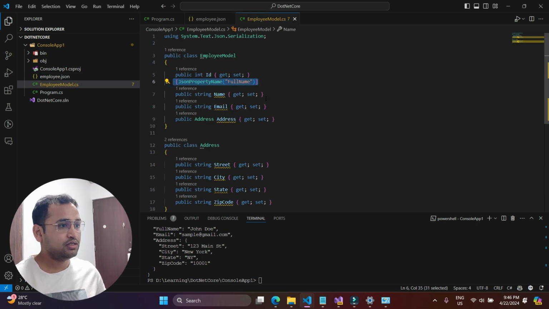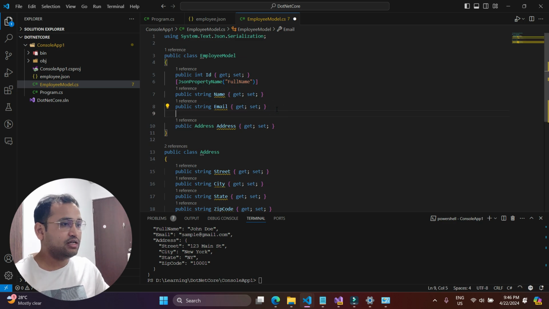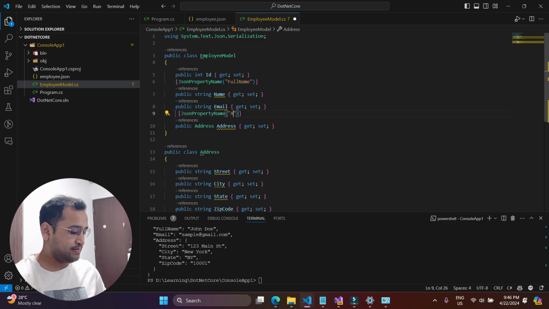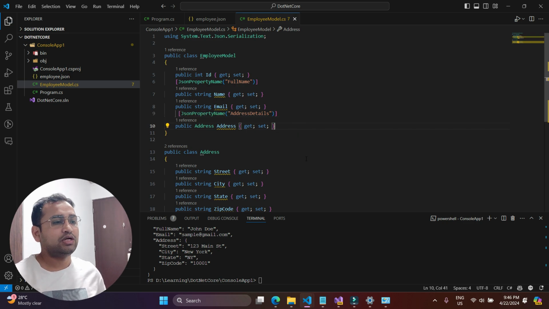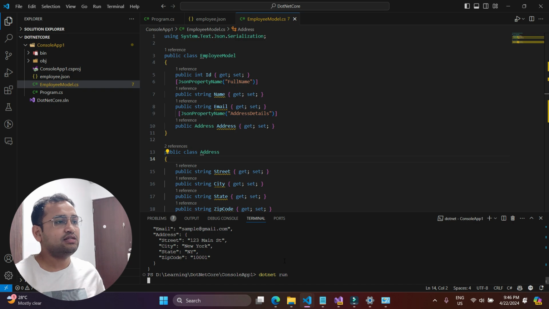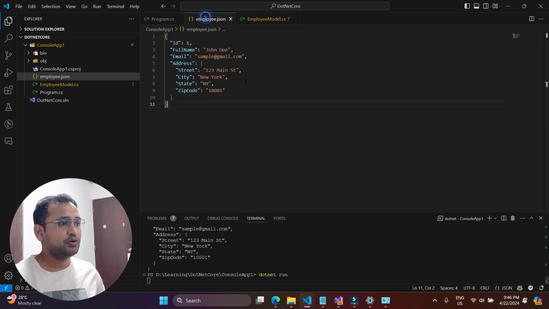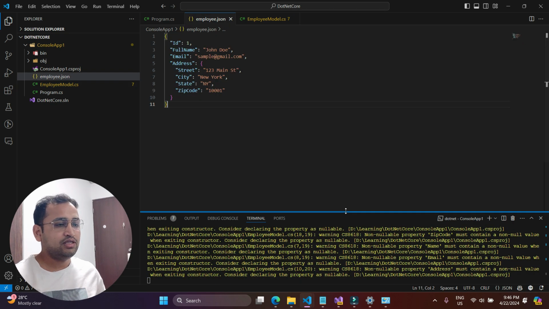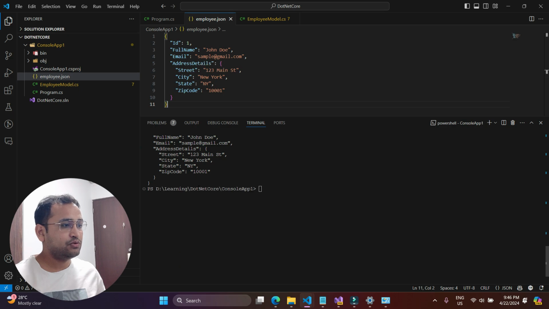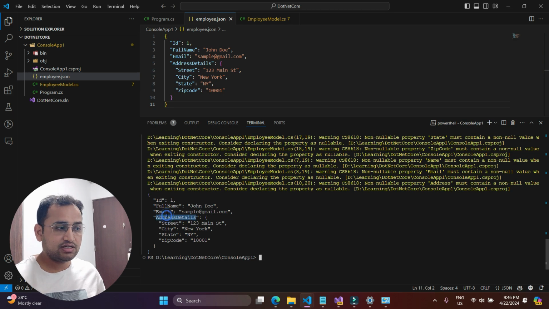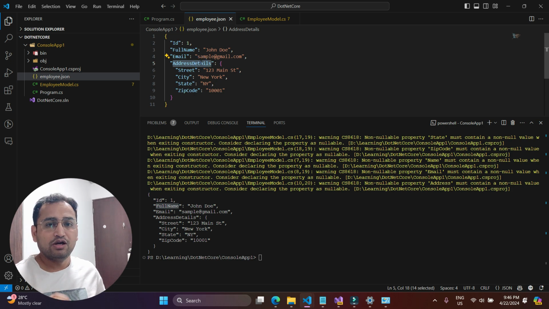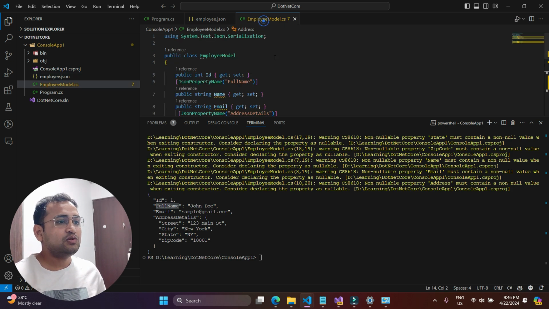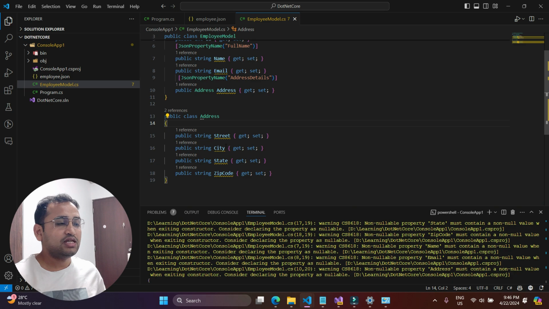So let's just copy it, and for this address as well I'm writing this ADDR or address details, whatever you want to write, you can mention everything over here. Let's just run this application again and see what will happen. So in this employee.json file, you can even see the output in this console window also. Here you can notice we are having this address details, this is the full name, and here as well in our JSON file we are having all the proper properties,